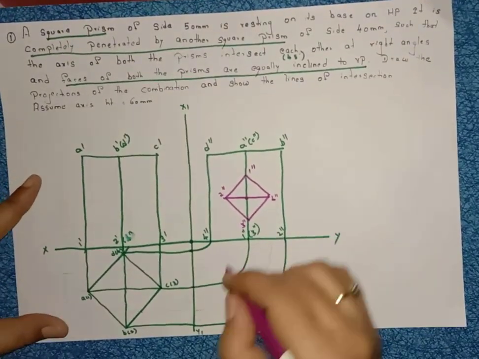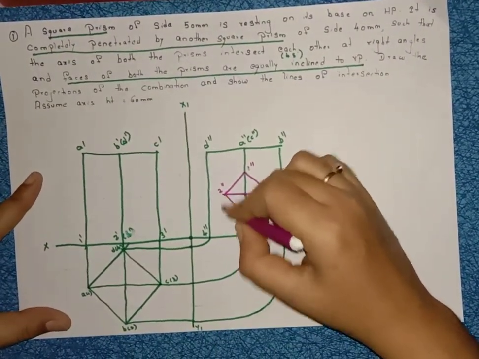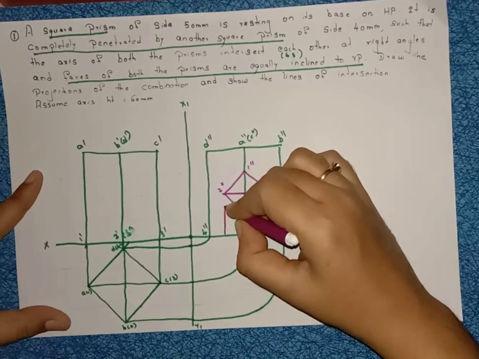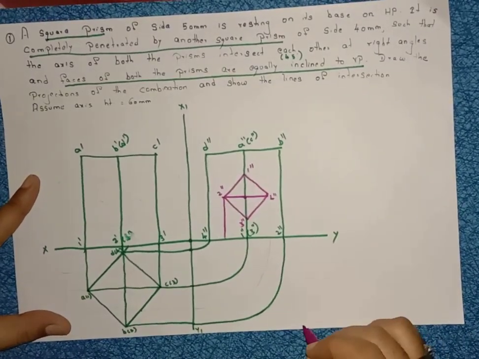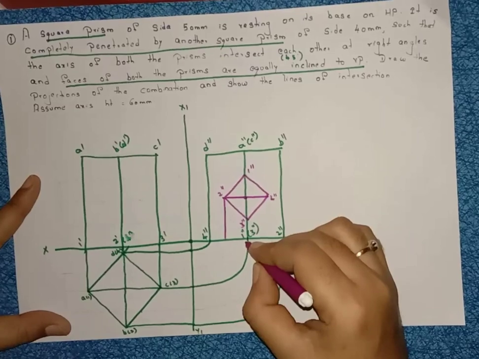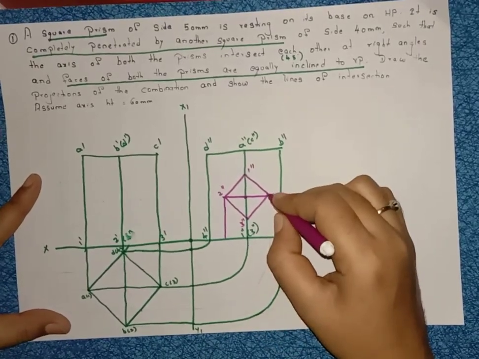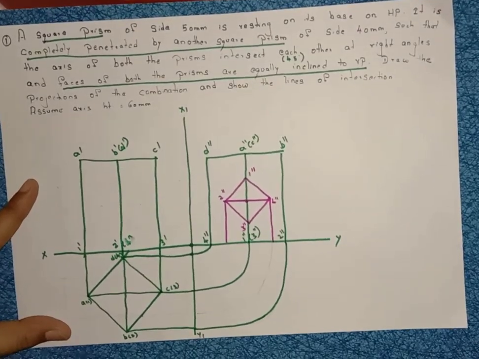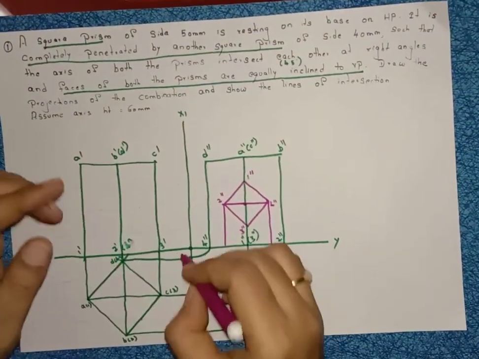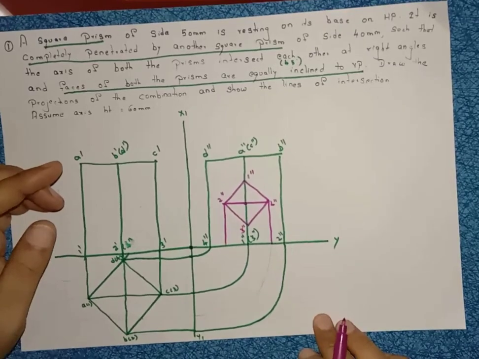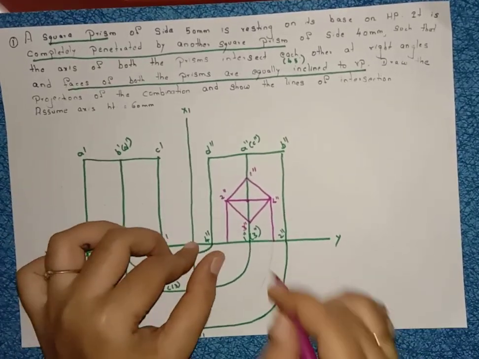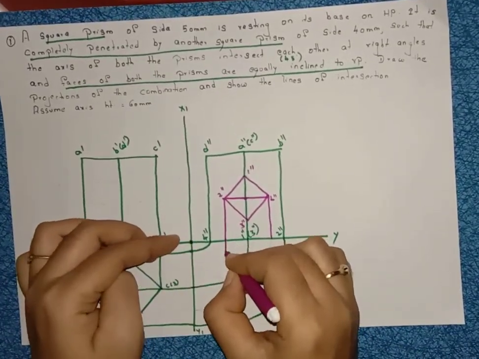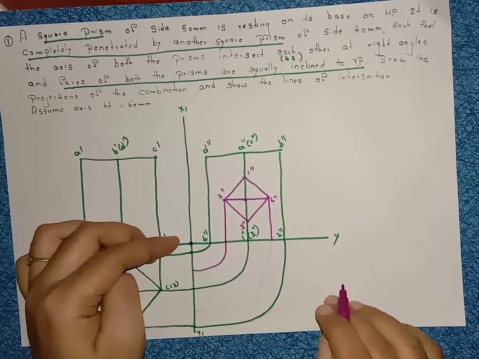See carefully here. First I am projecting this one from 2 double dash. I am drawing a straight line till here, right? Anyway, this is 1 double dash and 3 double dash. From 4 double dash again I am drawing a straight line till here, right? After that, this is the intersection part. I am keeping compass here, taking this distance, and drawing an arc here.